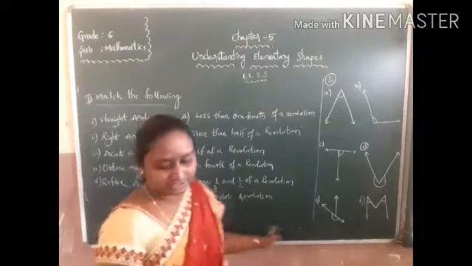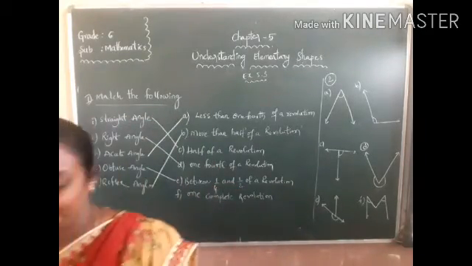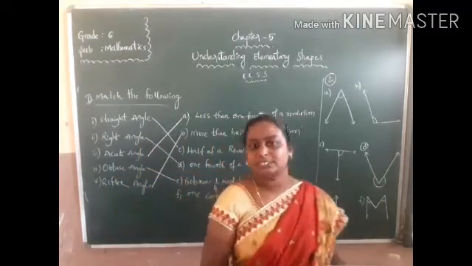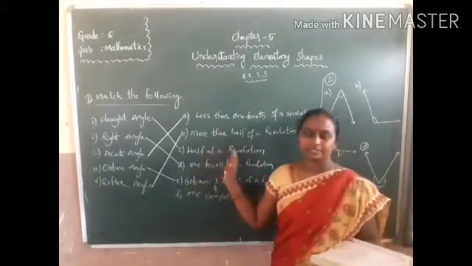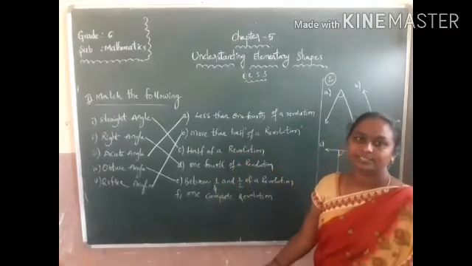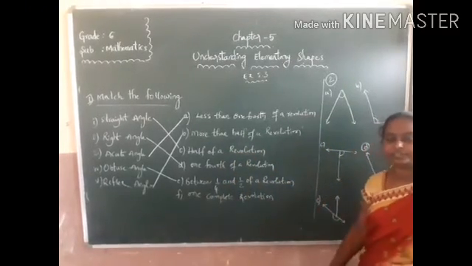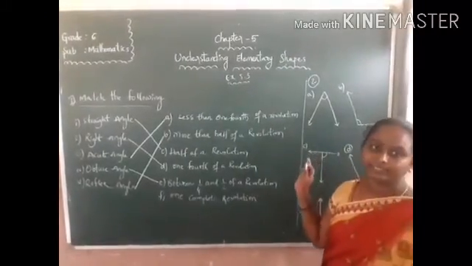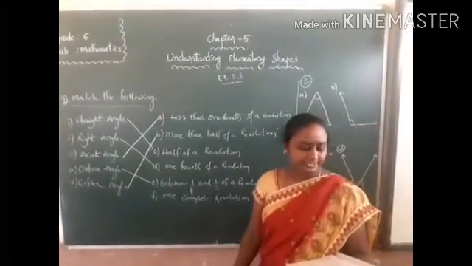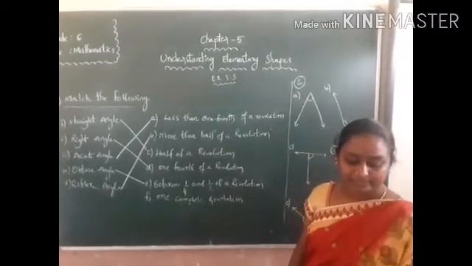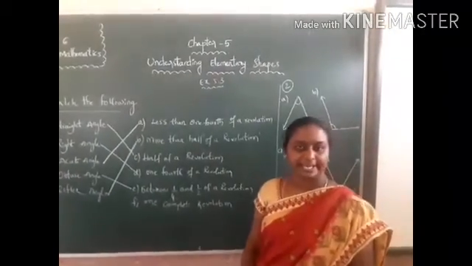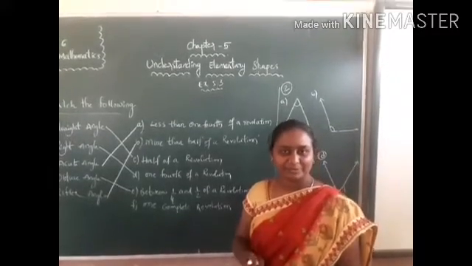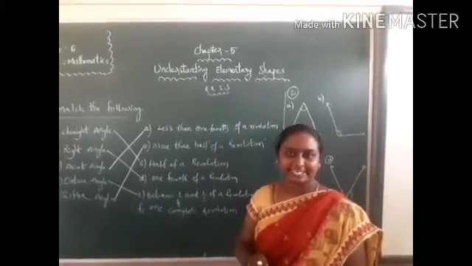Right. Next, come to the second one. What is the second question? This one only you match in the textbook, no need to write in the classwork. So write it down in the textbook. The second one also you have to write in the textbook only. Classify each one of the following angles as right, straight, acute, obtuse or reflex angle.